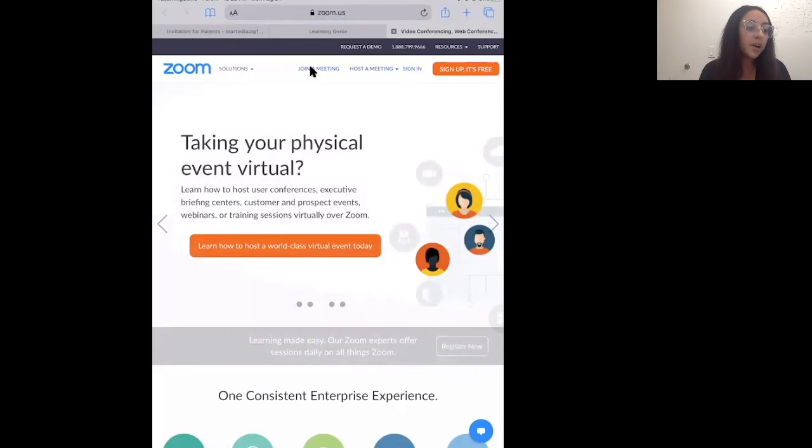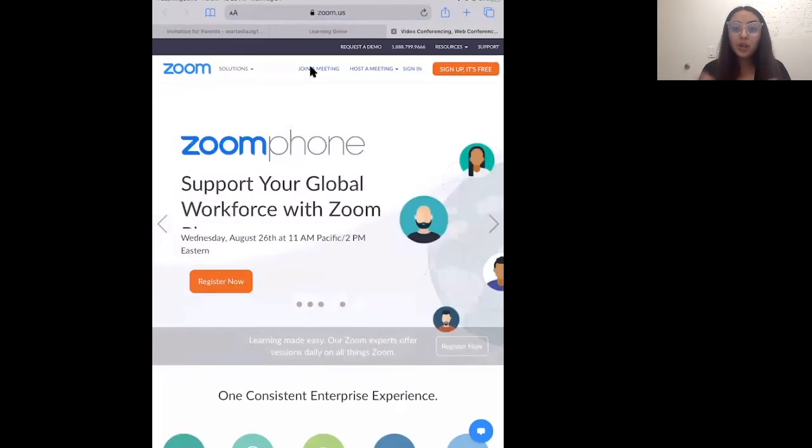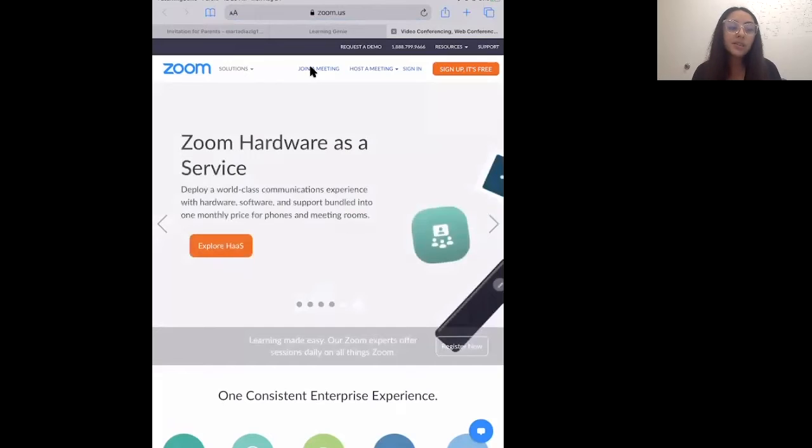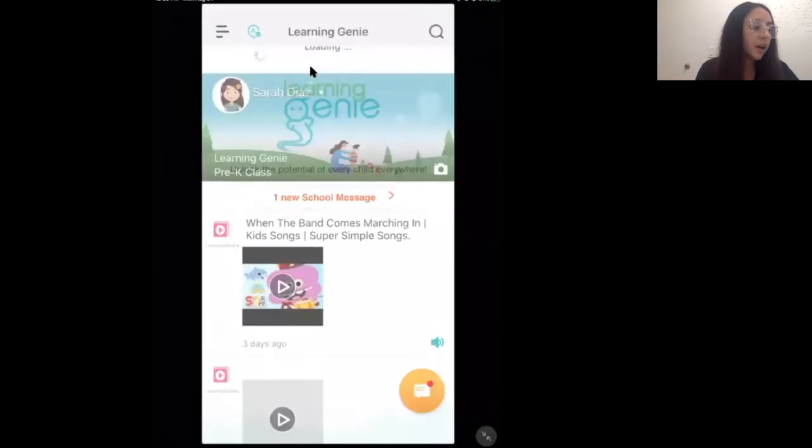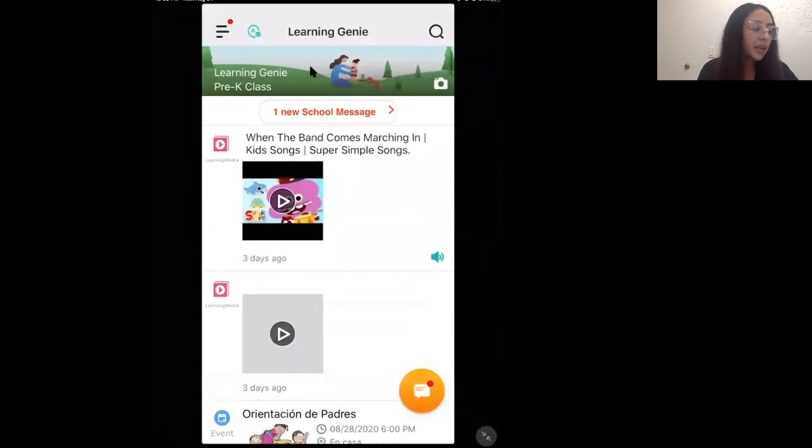There might be other type of live group programs that your school is using. So if it's not Zoom, it might be something like Microsoft Teams or something like Google Meets. So just check in with them. You should talk to them first so that they can guide you for that. Okay. All right. So going back to our app here,